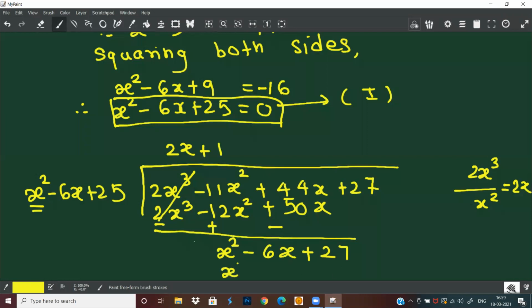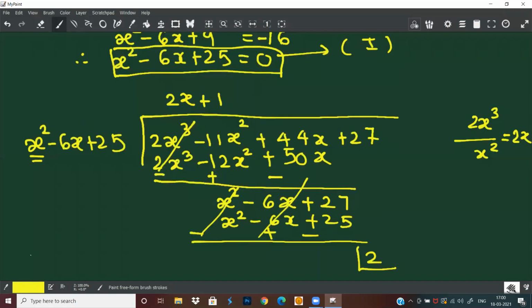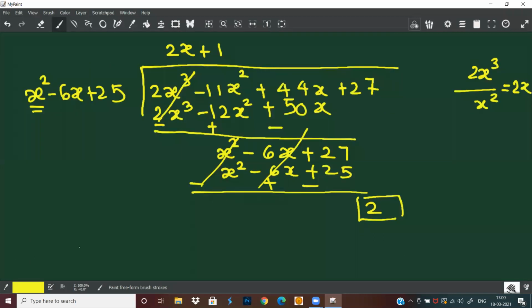When I multiply by 1, this will be minus, this will be plus, this will be minus. So my remainder will be 2. So I want to get the value of this. So dividend